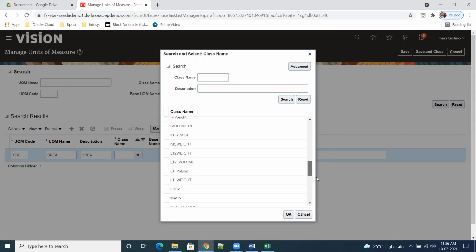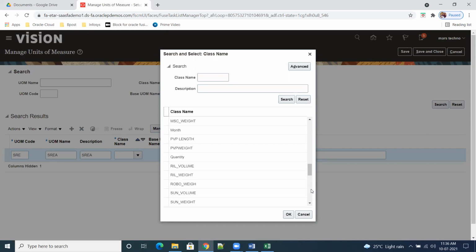But to define a UOM, I think we need to have a class. So then only we can define a UOM. Correct. So in earlier days, during our science childhood days, we learned weight, volume. Whatever UOM you are defining, you have to know which class that UOM pertains to. So liquid items will be volumes. Hard items will be either weight or each. Am I right or not?